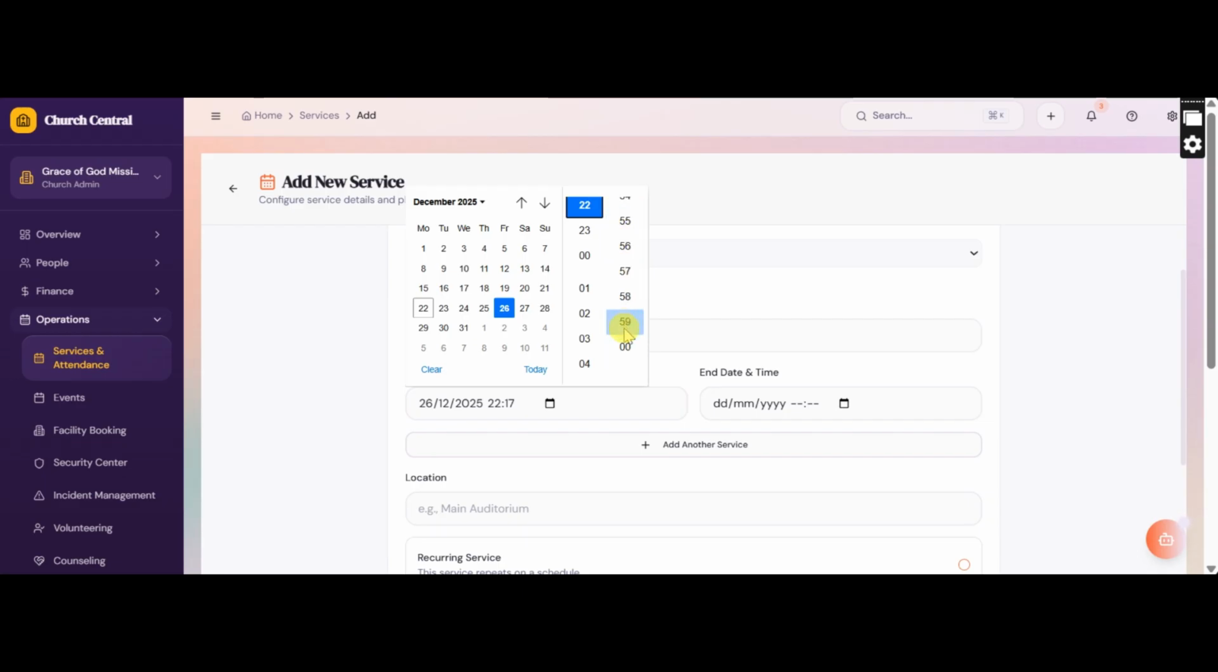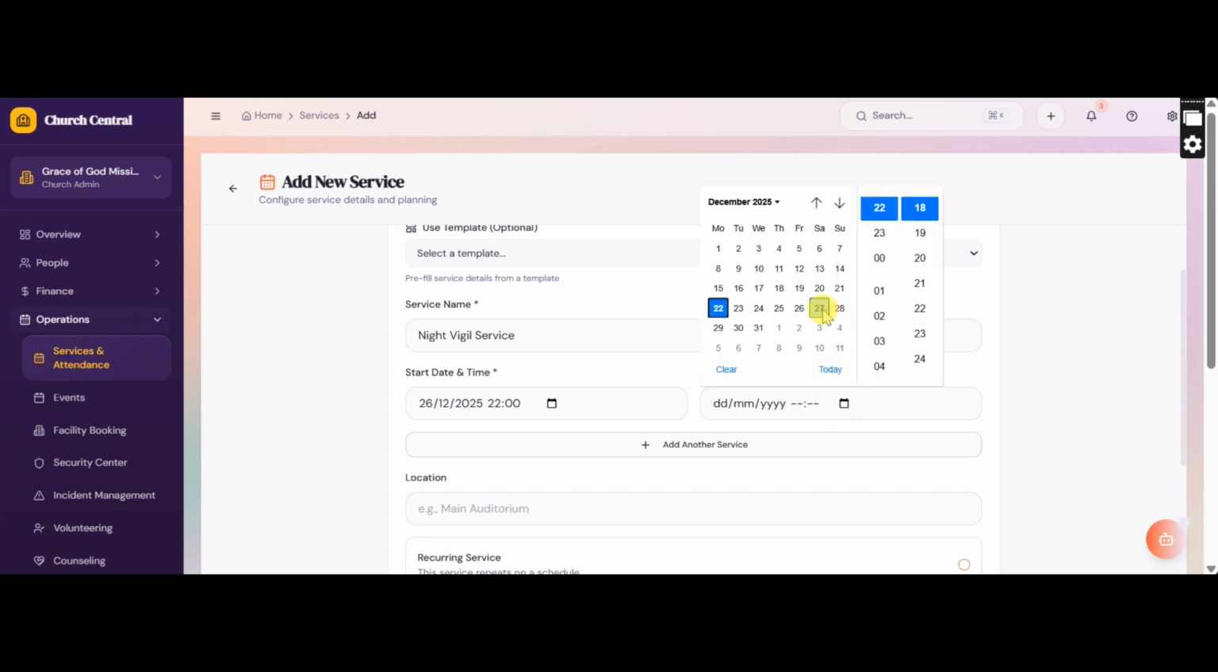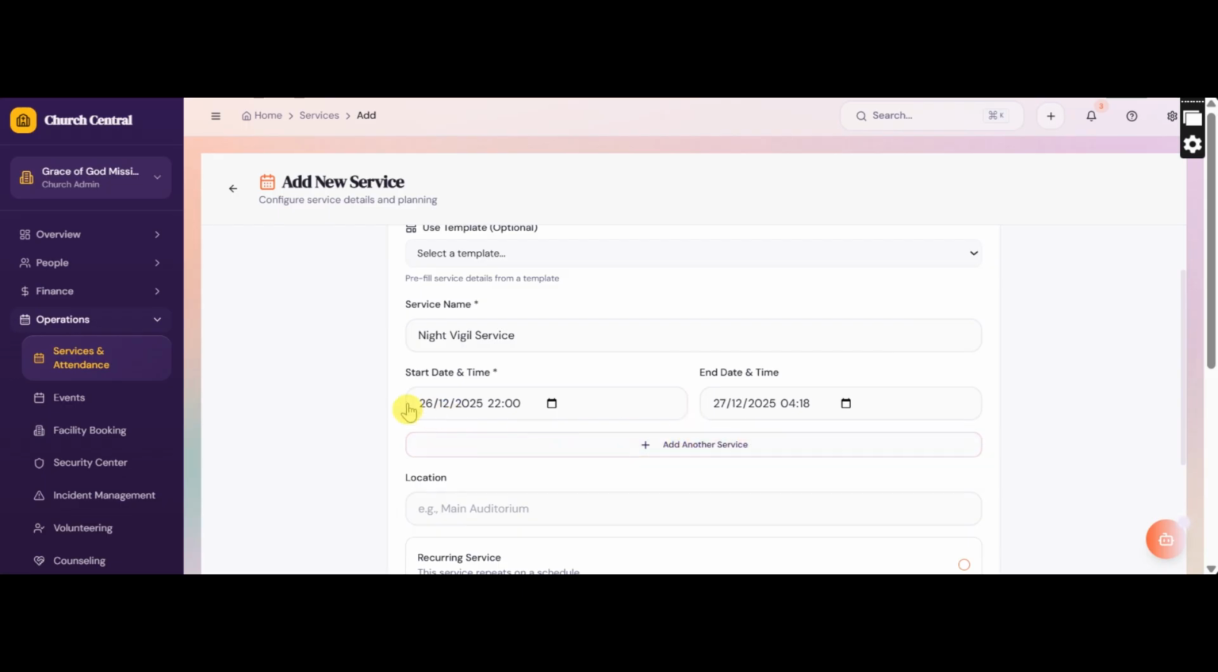Let's say at 10 p.m. And then it ends the following morning, say on the 27th, at 4 a.m. You can take that 4 a.m. in the morning. Sure. That gives you the night vigil service starts from 10 p.m. on the 26th